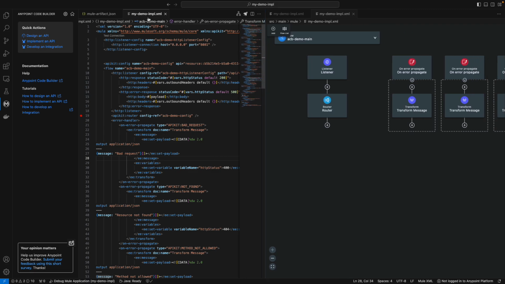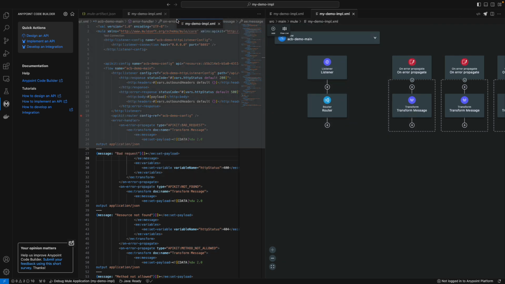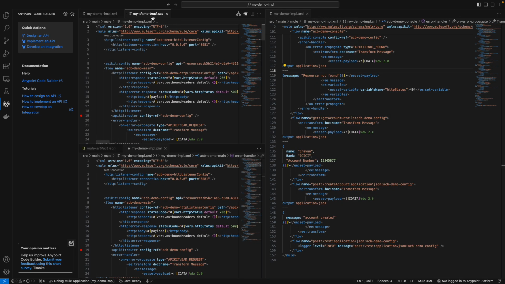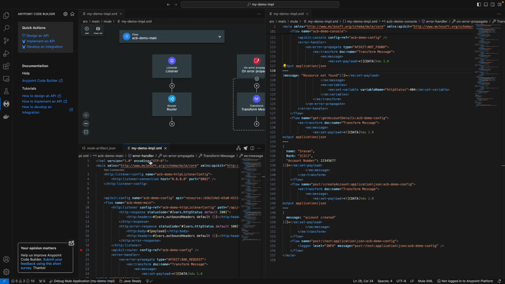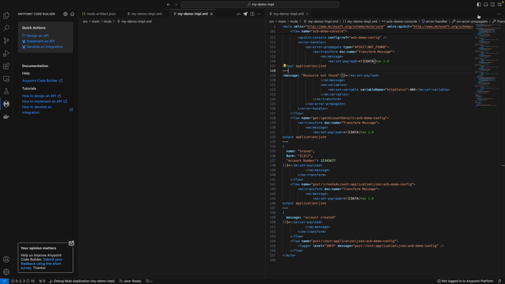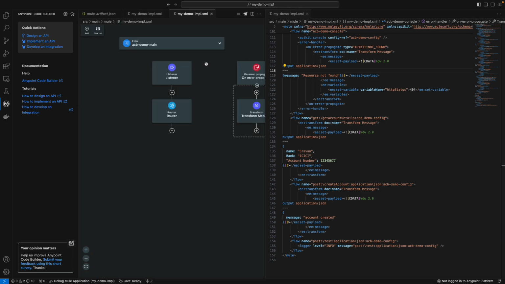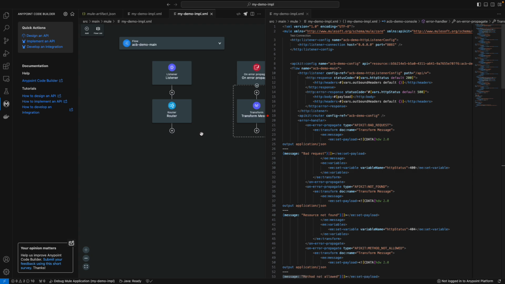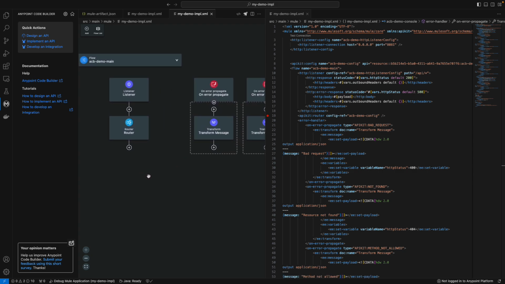As I told you, you can always split your canvas however you want. You can have multiple tabs here and there. If you want to have a UI view, you can click on this icon. Now, if you want to debug, usually what we do in Anypoint Studio